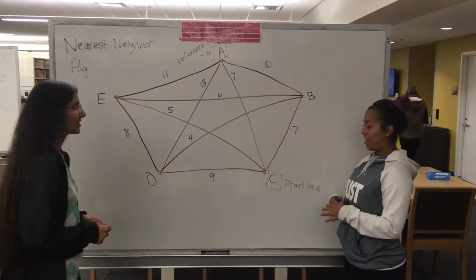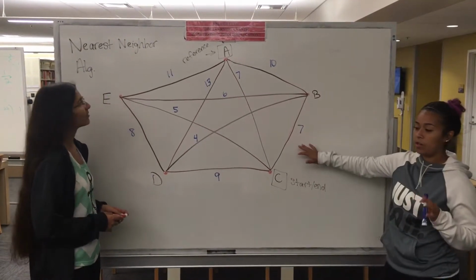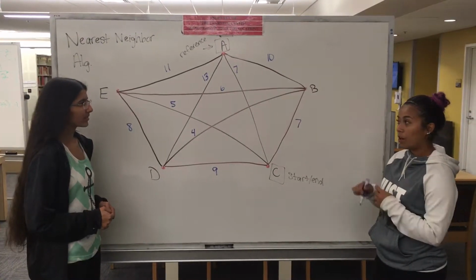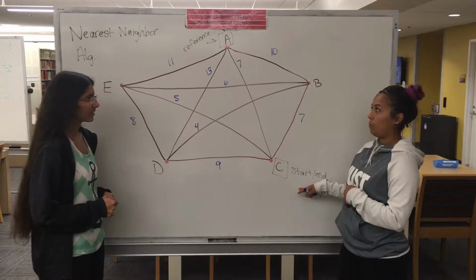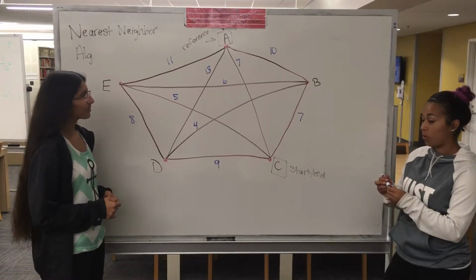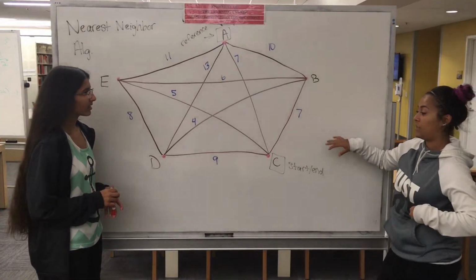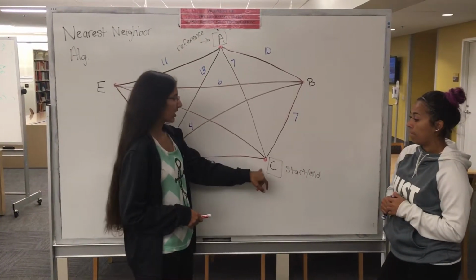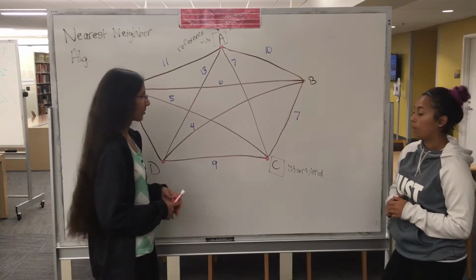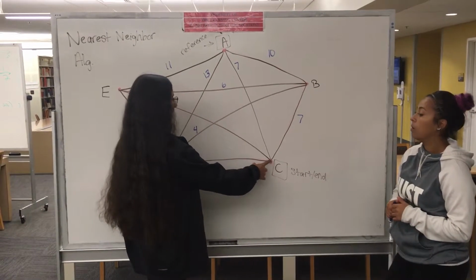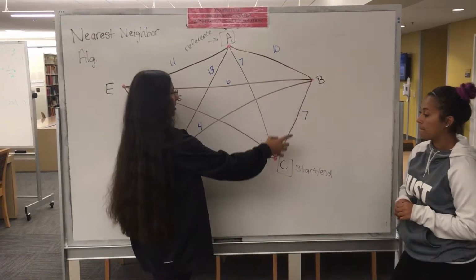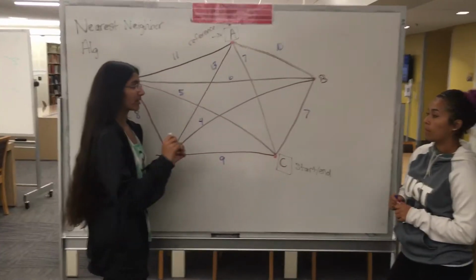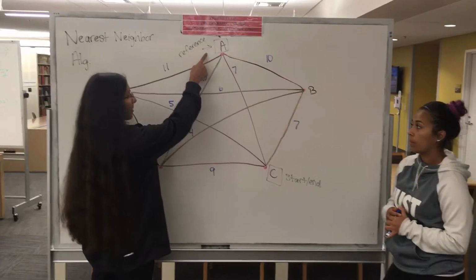So a lot of students have been having trouble with nearest neighbor and the difference between this and cheapest link. Okay. So we're going to do nearest neighbor starting from C with a reference to A. Do you want to explain the difference between a reference and a starting point? Sure. Starting with C, that's our start and end. When we're actually doing the nearest neighbor problem, we're going to start from C and take the cheapest way out of there. But when we're done with the problem, if we have to write out a direction list, we're going to start from A.